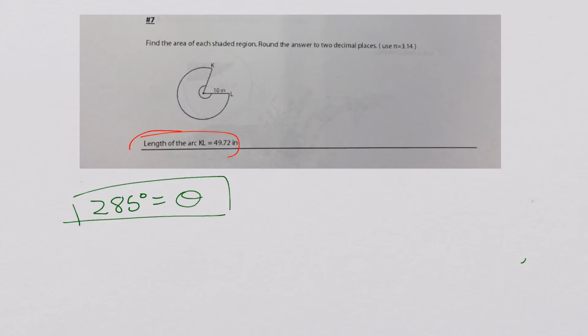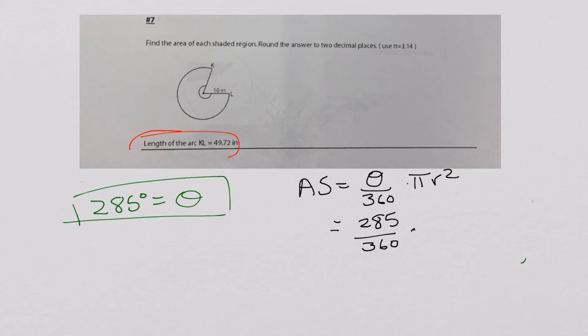The arc sector equation, as I mentioned before, is arc sector equals theta over 360 times pi r squared. All we have to do now is plug it in. 285 divided by 360 times pi, r is 10, squared, and we're left with